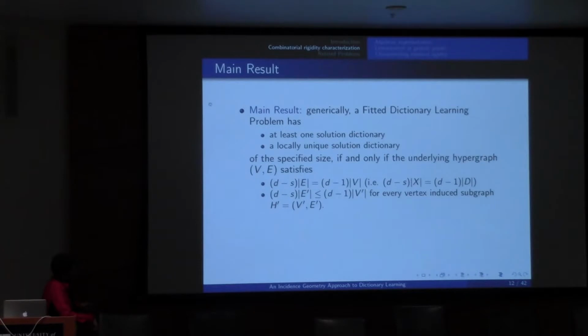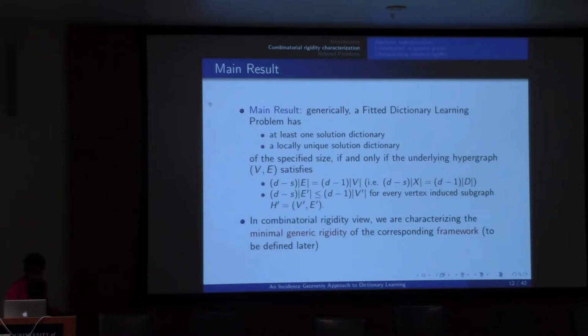The same condition has to be true for every subgraph of that hypergraph. In other words, if I look at any set of data points, any subset of this dictionary matrix, the same condition should continue to be true, except with an inequality. As long as this is true for every vertex-induced subgraph, and this equality is true for the whole thing, then we can actually show that